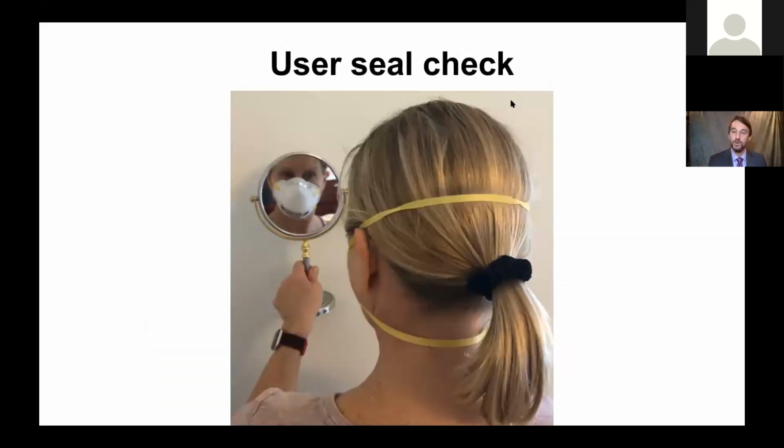Also, part of my personal user seal check is I put mirrors in hospitals all over the place. If I'm putting personal protective equipment on and I want to know that I've put it on properly, I can ask someone through a buddy system, does this look right? But also, as part of that buddy system, we have mirrors where we check ourselves to make sure the N95's on, my eye protection, my face shield, as well as any other suits or gowns that I've put on properly. So if you don't have mirrors set up, now's the time to put them in.